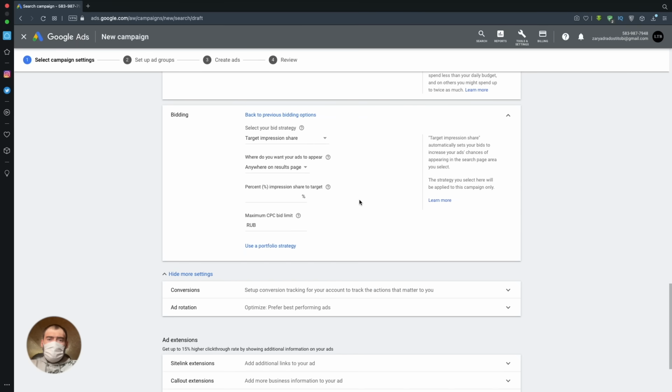Also an interesting strategy. When choosing this strategy and such subparameters where you want to display ads, it is enough to buy out the